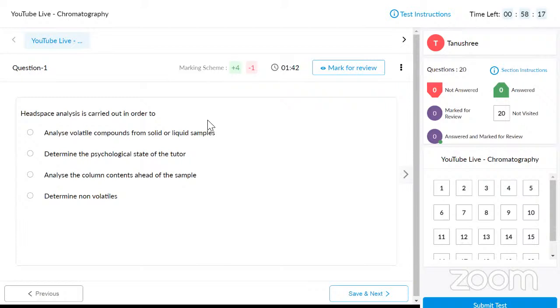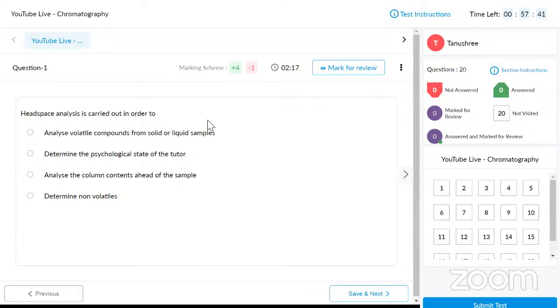Headspace analysis, the word itself is very simple to understand. You are going to place your sample in a vial, and since your compound is volatile, the vial will get saturated with the vapors of your sample. Since the vial is half filled, the remaining half portion of the vial is saturated with your sample vapors. So what happens now? Because the vial is saturated with the sample vapors, it is easy to inject the gaseous vapors directly into your